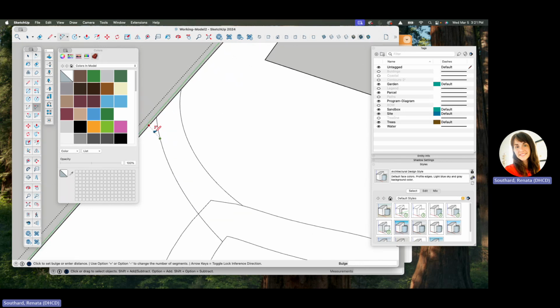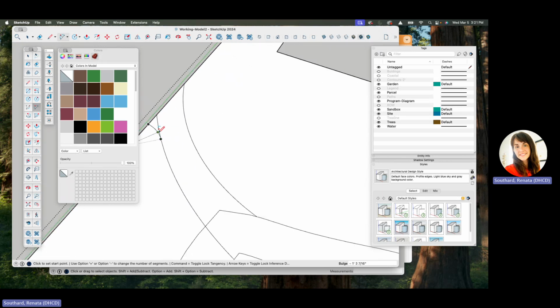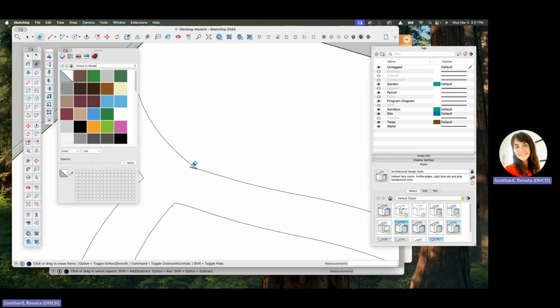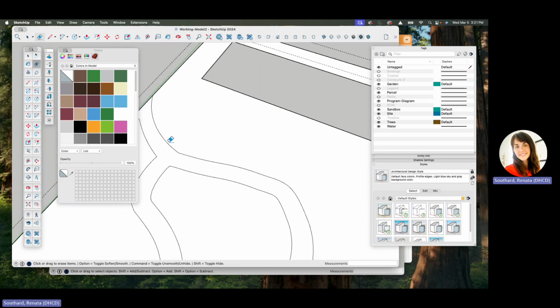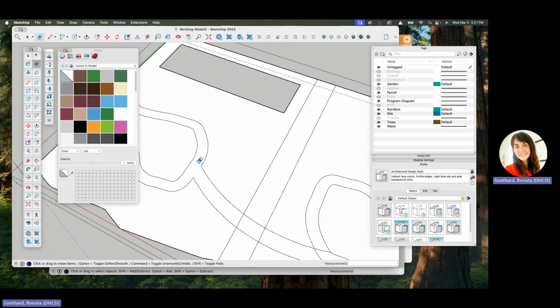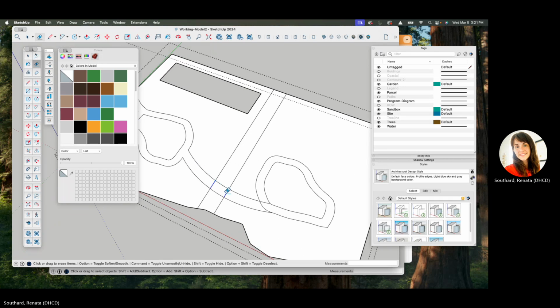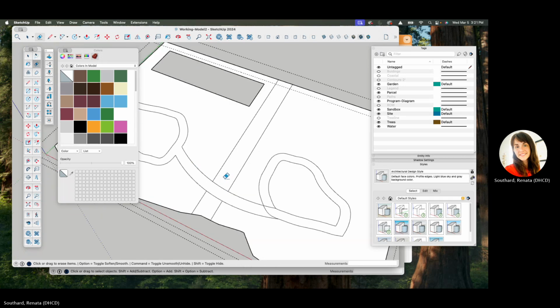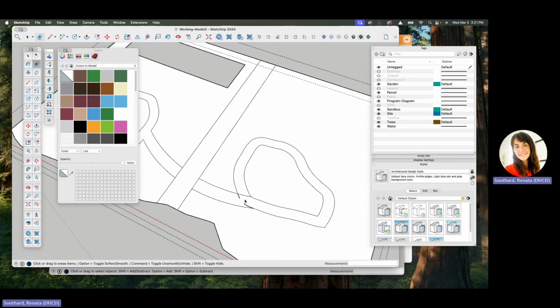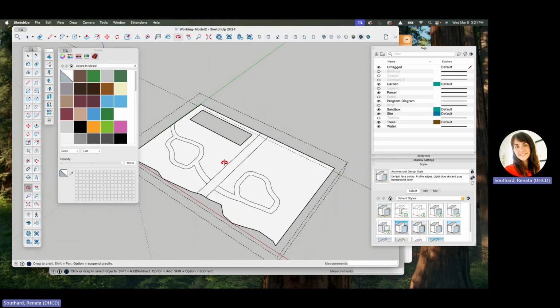You can type in exact numbers and angles, but this is just for, and I'm just using the E to get the eraser, but I'm just sort of making this up as I go, so it's not super exact right now. I think I want the primary path to be kind of the breakup with this. So there. Okay, so I won't make you watch me draw my whole path system,